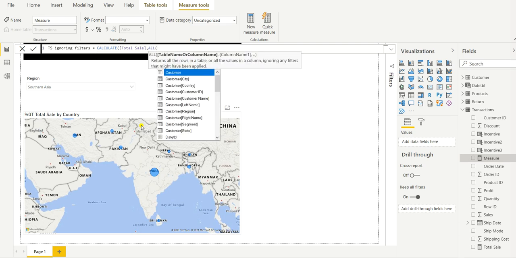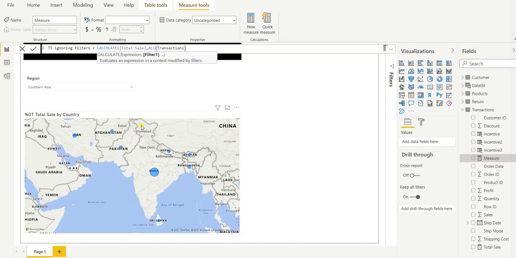Here, which table do we want to ignore all the filters from? The ALL function will return all the values from the table, ignoring whatever filter has been applied. So we want to ignore the filter from the transaction table. So we will use the transaction table. Close it and hit enter.